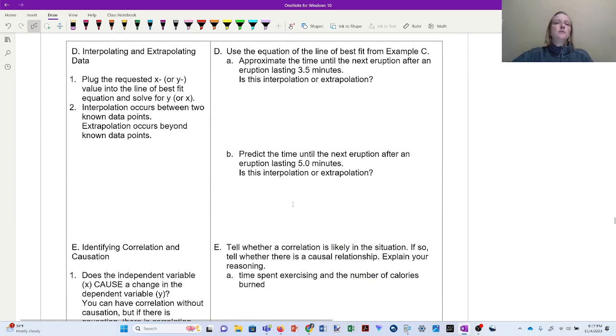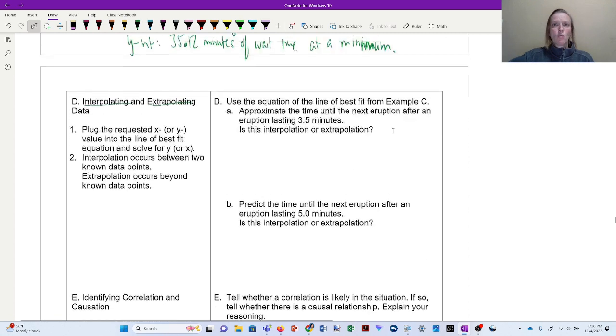How do we use this information to help us make predictions? There are two kinds of predictions you can be asked to make. You can be asked to interpolate data or extrapolate data. And they're very similar. They're certainly similar in the math that you do with them, but they do have slightly different meanings. So if I wanted to approximate the time until the next eruption after an eruption lasting 3.5 minutes,